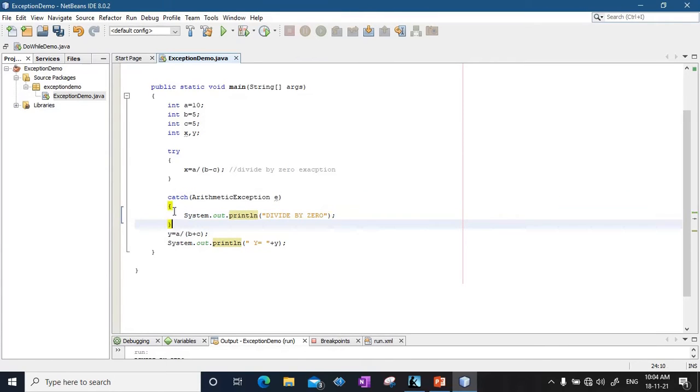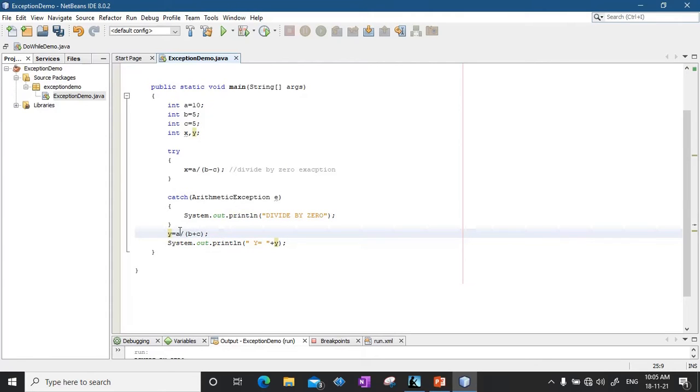Now the beauty of exception handling is, although for this particular line there is an exception that occurred, the try block will throw it, the catch block will catch it, and once the catch block has handled the exception that occurred while calculating the value of X, the program will not abruptly stop, rather it will continue its execution. So after doing this, there is C, it is calculating the value of Y.